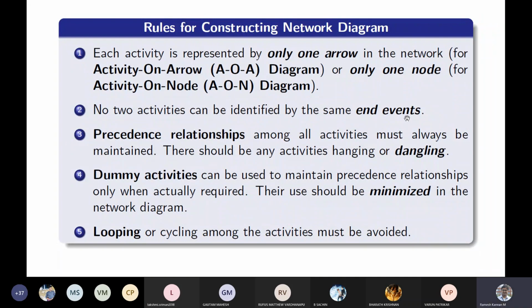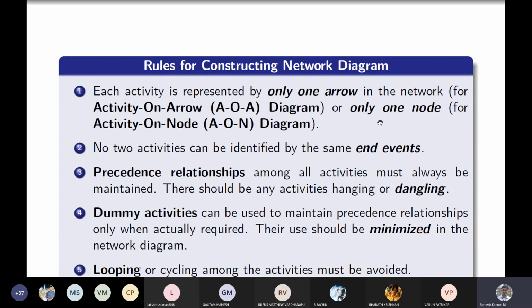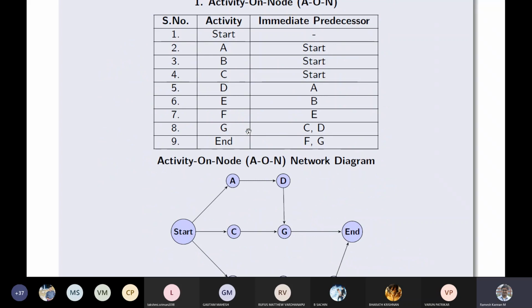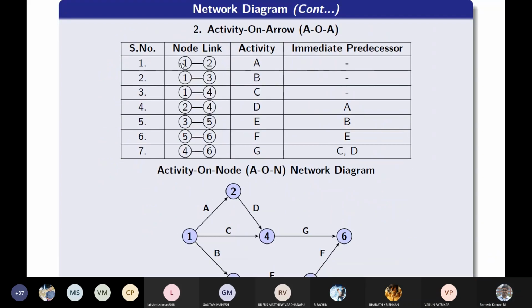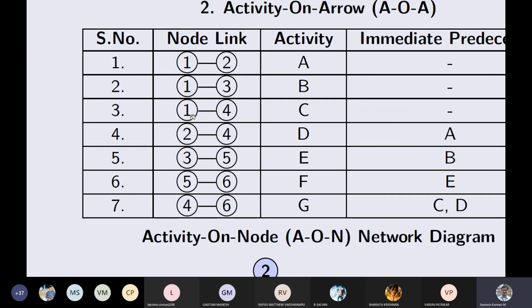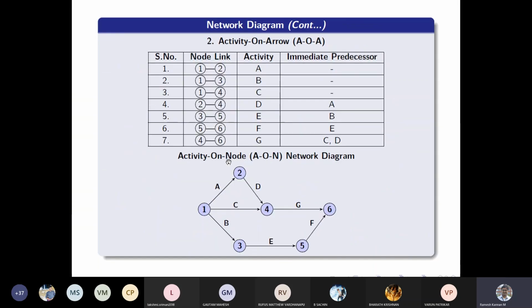They should not have the start and end events both being the same. Here you can see this node link: it's the same start, but it does not have the same end. Even if it has the same end node, it does not have the same start. So both are distinct. That's how you create a network diagram.